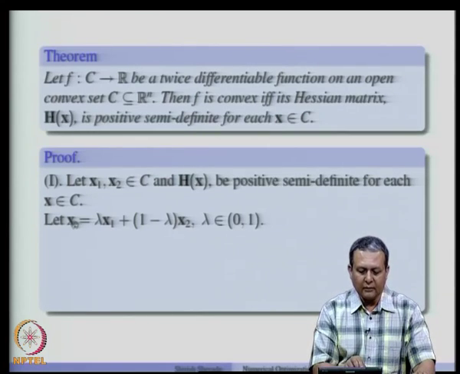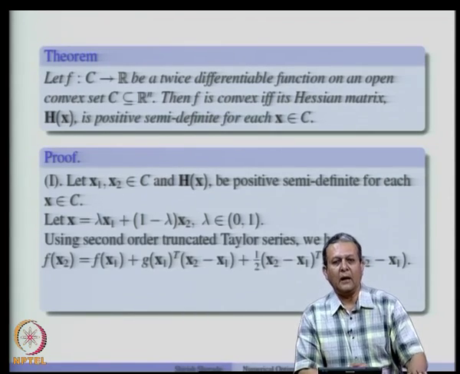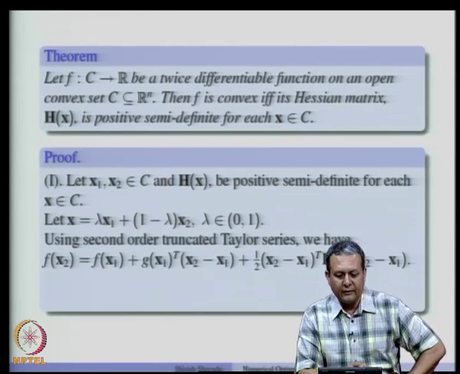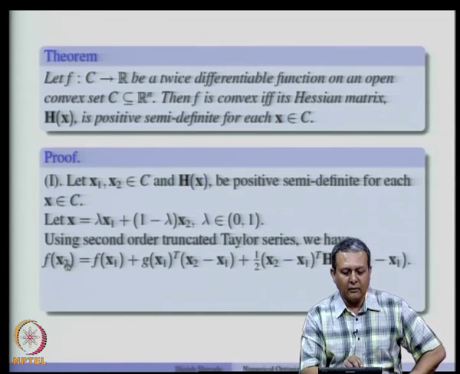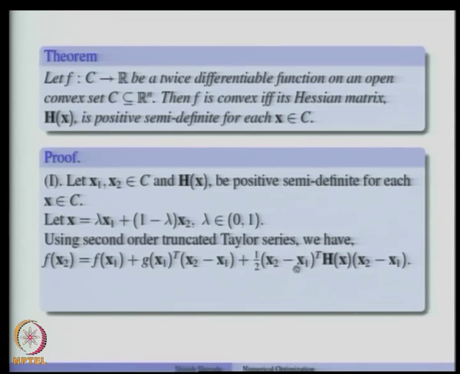So, let us take x equal to lambda x1 plus 1 minus lambda x2, a point on the open line segment joining x1 and x2. And if we use the truncated Taylor series at x1, we can write f of x2 is equal to f of x1 plus g(x1) transpose (x2 minus x1) plus half (x2 minus x1) transpose H(x) (x2 minus x1). Now, remember that H(x) is positive semi-definite for each x belonging to C. So, this quantity is always